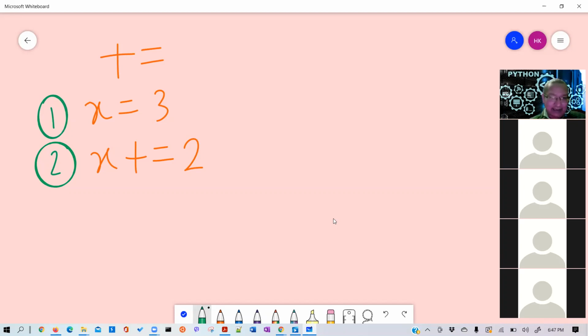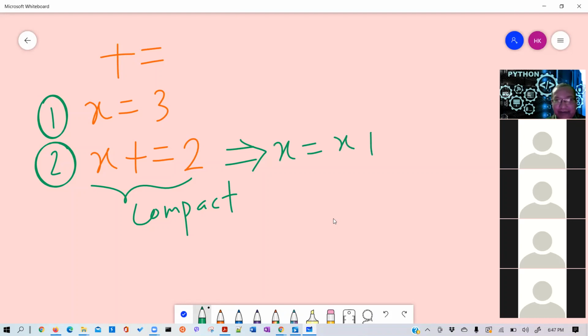So what it does is, there is an equivalence. This is a compact form. Let's say we have to write a little less code. This is equivalent to x equal to x plus 2, right? Okay. So now, can somebody tell me what will be the result if I run my code here and then in line 3